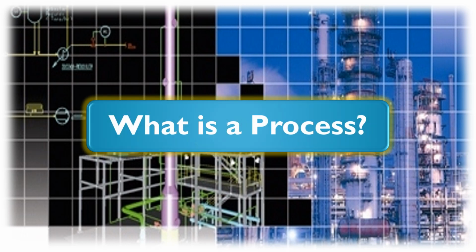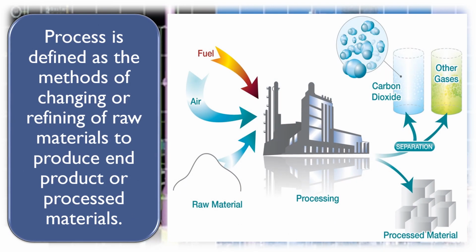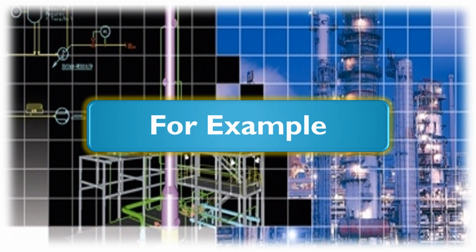What is a process? Process is defined as the methods of changing or refining of raw materials to produce end product or processed materials. For example,